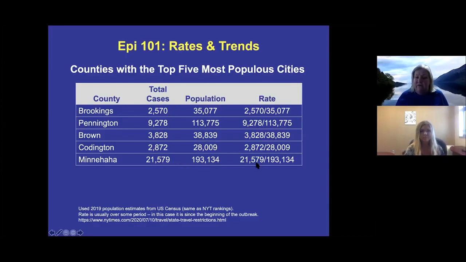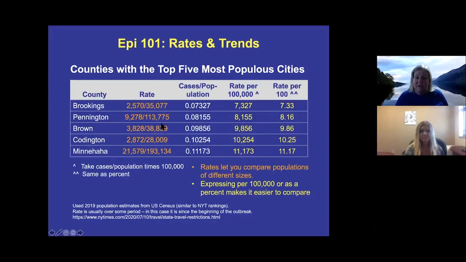So we could just give people this information and say, okay, there's the information, now you have to figure out what it means. It's a very burdensome way of looking at numbers to try to comprehend how this compares to this by looking just straight at the numbers. So what we do is we just divide this by this, and that's what you come up with, 0.07327. So these rates let us compare these populations of different sizes with a smaller number.